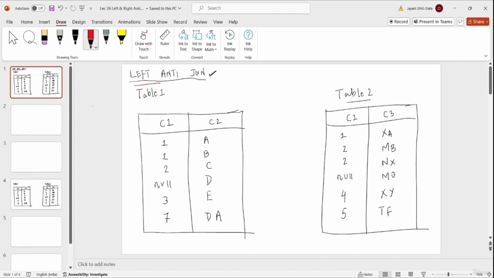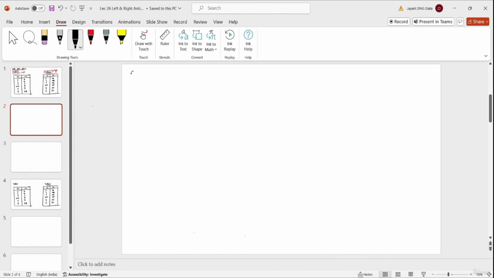So this is our table 1 and this is the left table, and this is our table 2 and this is our right table. Now let's say on the second page, let's write select star from table 1 left join.